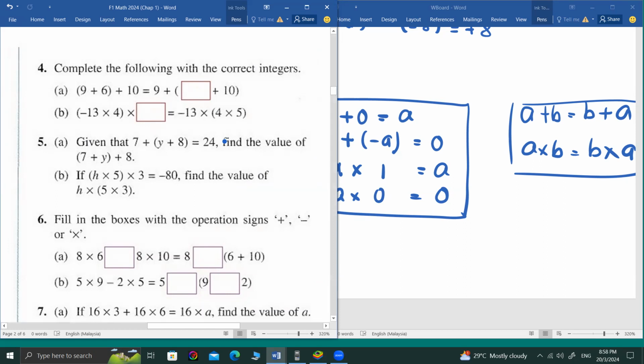Just fill the box there. 填下去就可以了。Should be okay, right? Can I have the first number? 9 plus 6 plus 10, same as 9 plus 6. Same. Negative 13 times 4 times? Fine. It's the same. Here, na? Wait, one more. Number 5, one more. Sorry, one more. 很简单吧, one more. Just write the answer here will do.